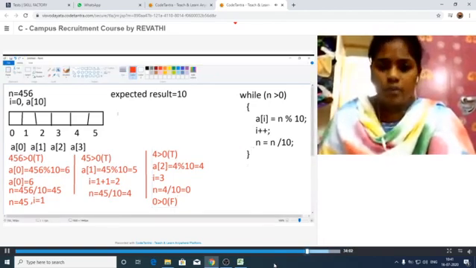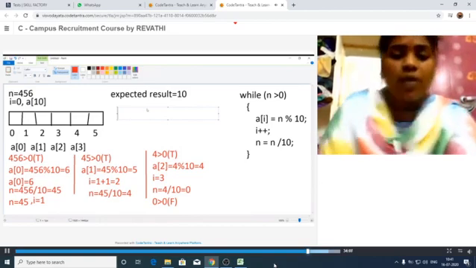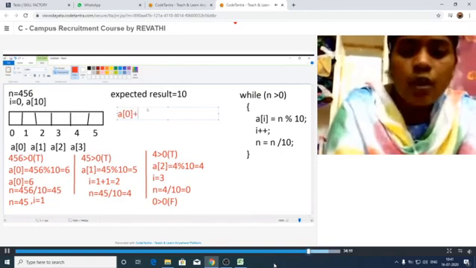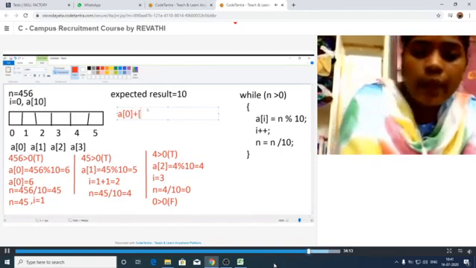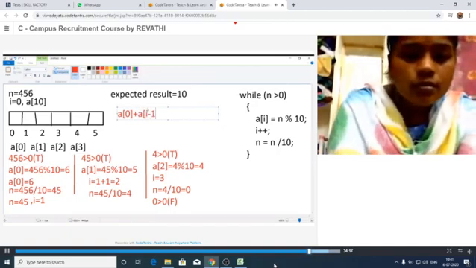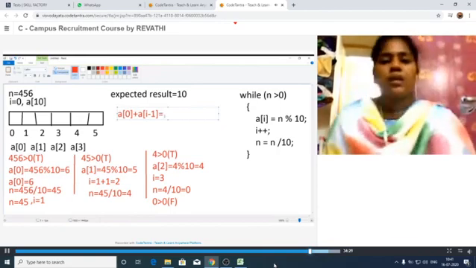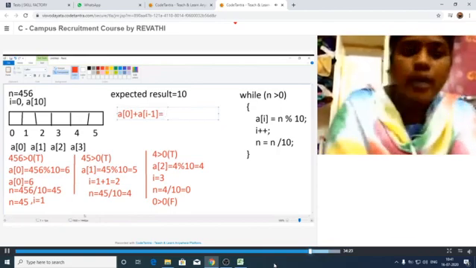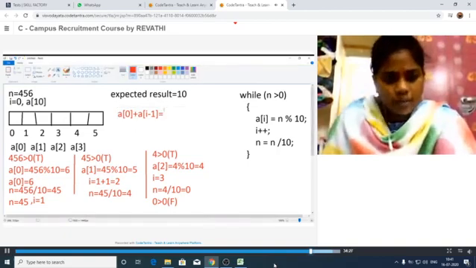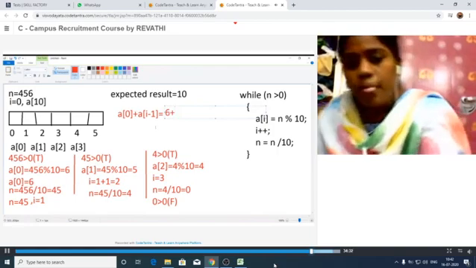In our printf statement we have written, it has to print A of 0 plus A of I minus 1. This is the result it has to print. What is the value in our A of 0? Let us check here. The value in our A of 0 is 6 here. So 6 plus A of I minus 1.